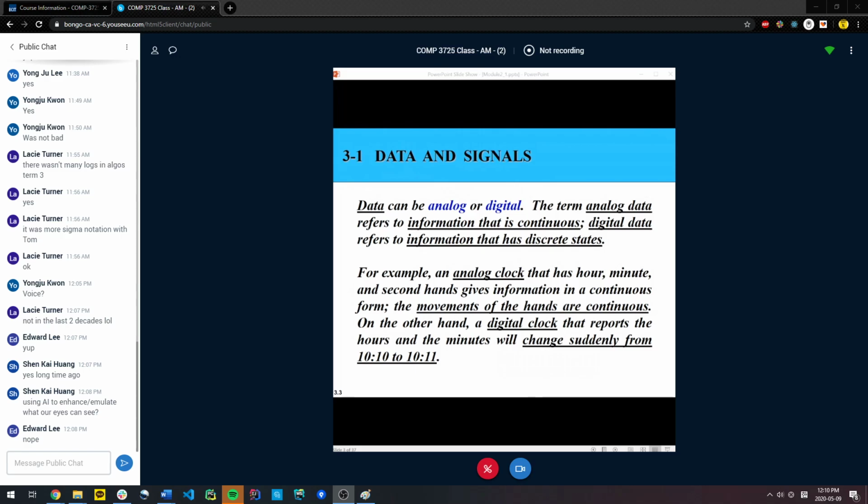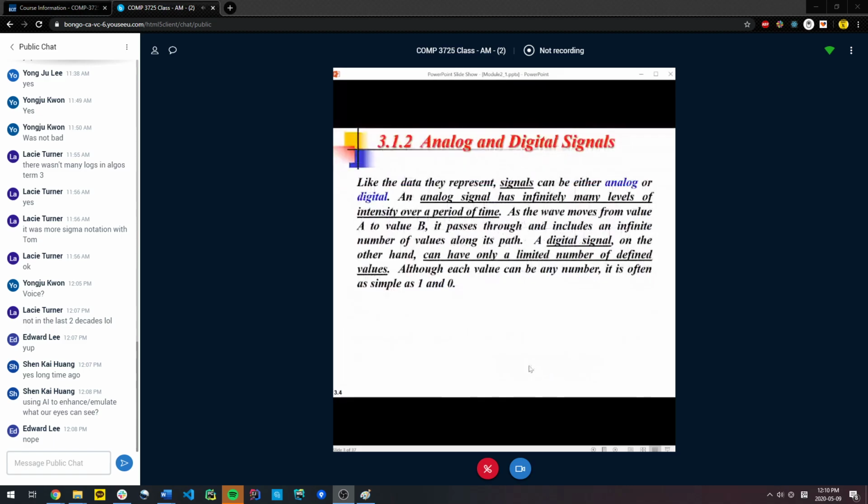So the data can be analog, like human voice. It could also be digital, like your digital music, your digital photography. The idea is very simple. Anything that's continuous form, that's analog. I like to show the students, if you can take a pencil and a piece of paper and draw the signal without lifting your pencil once, that's an analog signal. Which means that it has an infinite number of steps, where you are smoothly changing the intensity of the amplitude. So the Y value that you see here, that's amplitude.